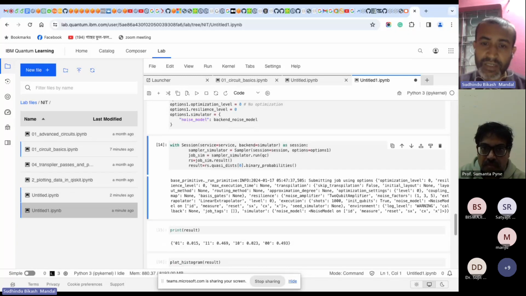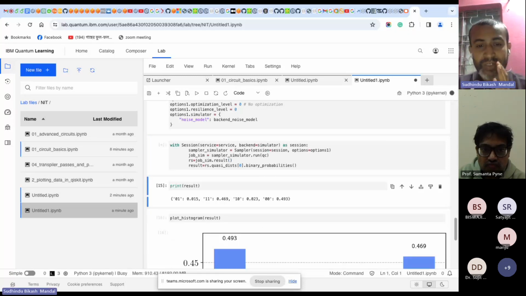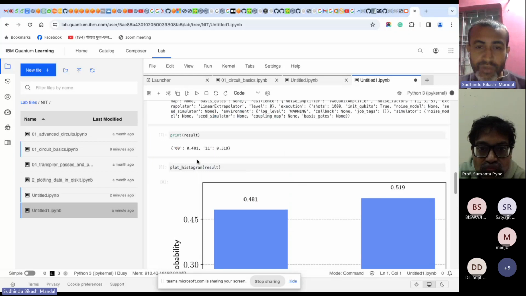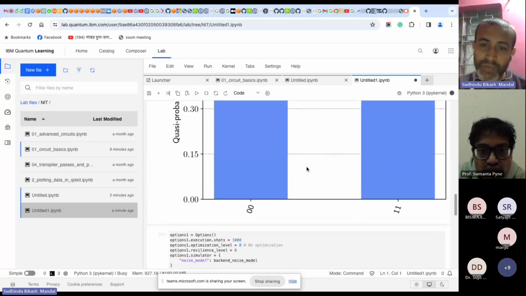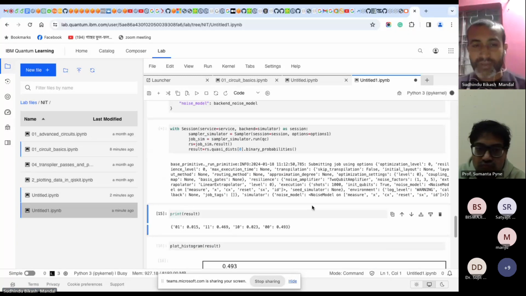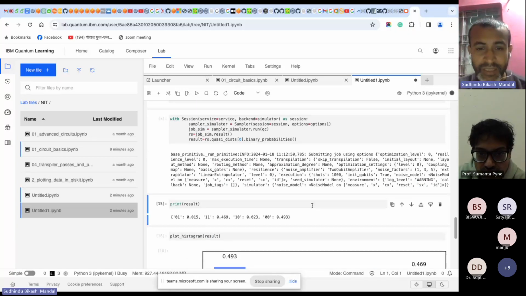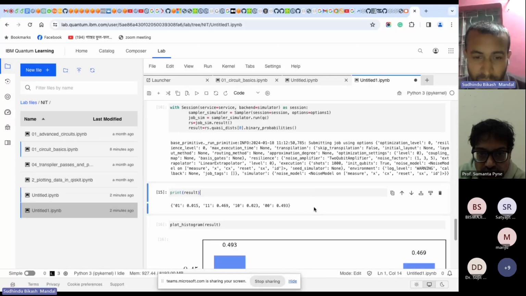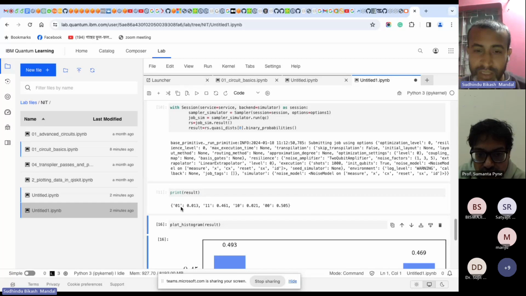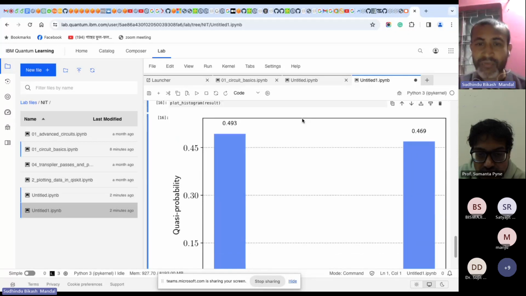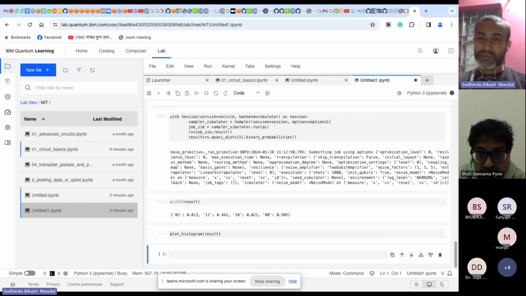If I execute the same circuit, see, the circuit is our QC, in the previous case also QC. If I execute it here, we will get different outcomes. See, the ideal outcomes are 00 and 11 for the circuit, but if I execute in a noisy environment, just after execution you will see there are also other terms coming, not only 00 and 11, there are 10 and 01 as noise outcomes. This is the feeling of executing on real hardware.